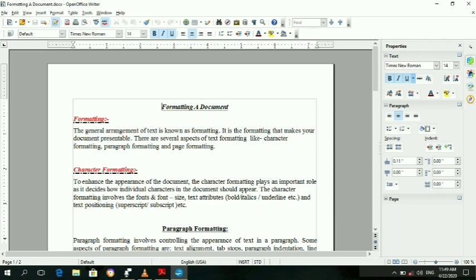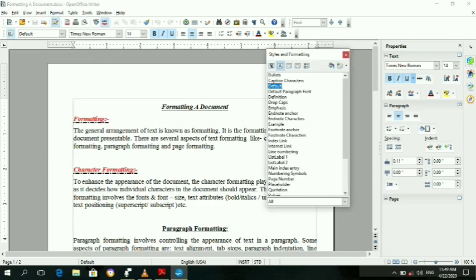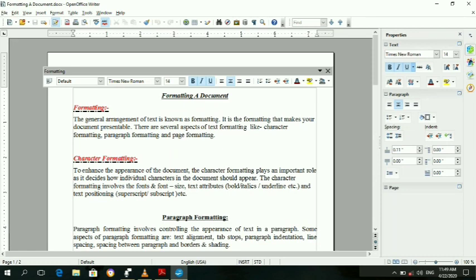This is the first way to open Styles and Formatting: go to Format and select Styles and Formatting. Second way, there is a dockable window. See this four-headed arrow that appears; this is the Styles and Formatting window.